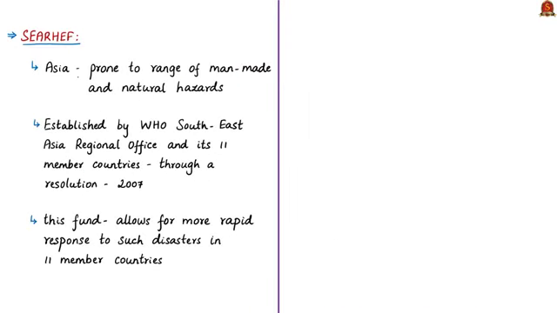We know that Asia as a whole is prone to a range of man-made and natural hazards or disasters. Some of the examples of such disasters could be annual floods and landslides, cyclones and fires, and they also include irregularly occurring events such as earthquakes, volcanic eruptions and technological accidents. When we say technological accidents, these are the non-natural accidents at hazardous installations. Say for example, accidental release of chemicals at a chemical plant or explosions at a chemical or nuclear power plant